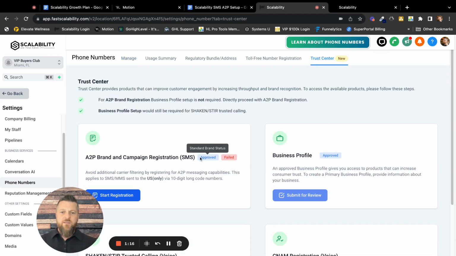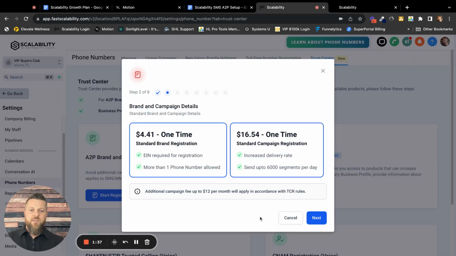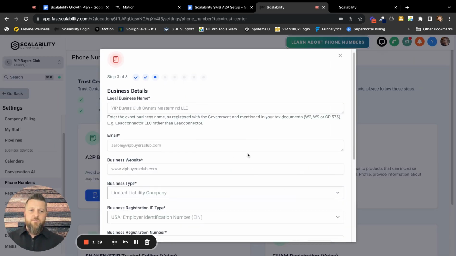And here you'll see this profile approved, and this was approved, but partially it failed, right? If you see here, if I hover over it, it says standard campaign status. If I hover over this, standard brand status, which means the brand and the business profile approved, but the campaign status failed. So if I start this process again, and I go through the steps, if I scroll down here